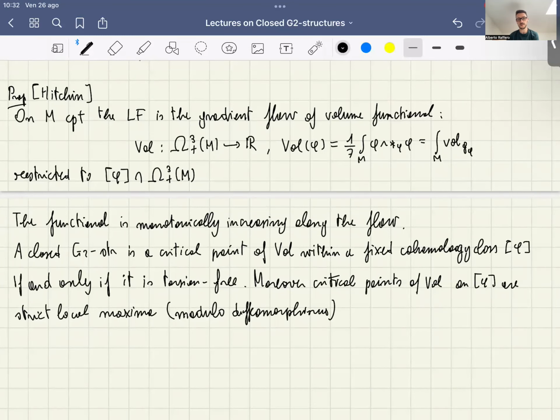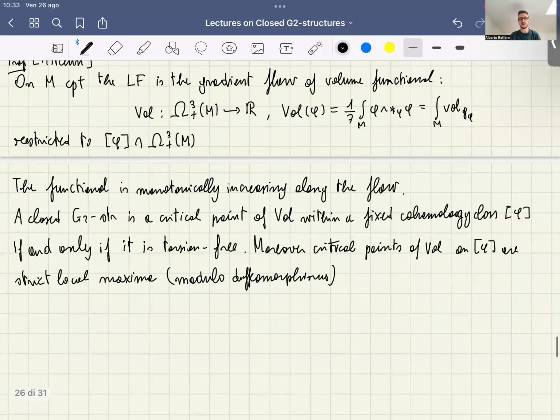And moreover, if there is any critical point of this functional, which is a torsion-free G2 structure, then the idea is that the solution will tend to that critical point, of course, if any critical point exists. And we will see later that there are some examples where you have closed G2 structures, but you do not have torsion-free G2 structures, where the flow does not converge. And we saw one example yesterday, and it will be precisely the example we will see. So the example by Fernandez on the two-step nilmanifold.